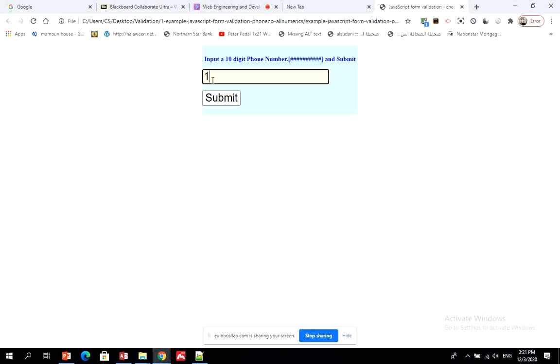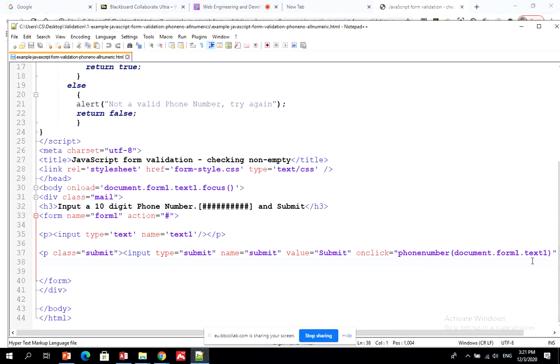So if I enter numbers here and then click here, this is the value that I meant by text1, which is in form1. So document.form1.text1 refers to the input value that is going to be inserted